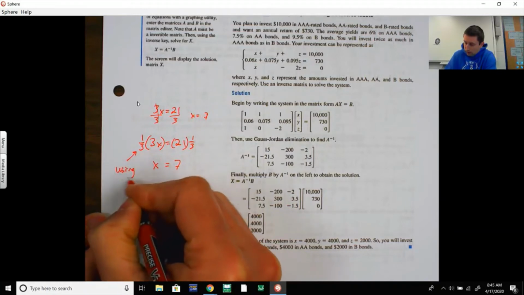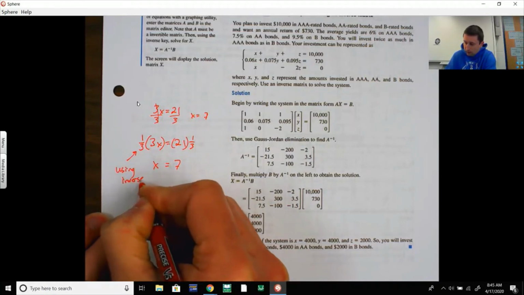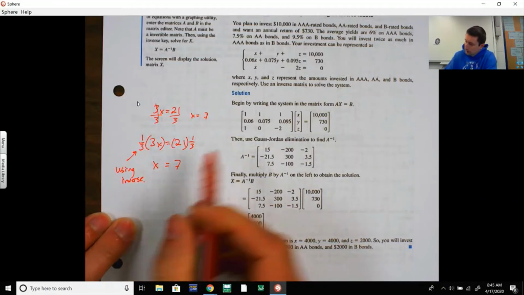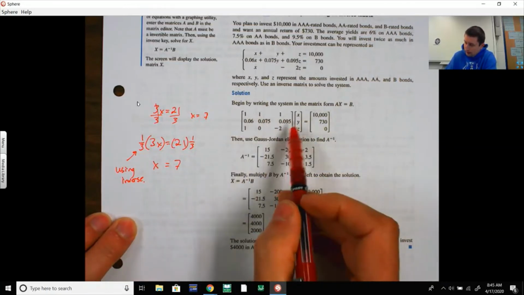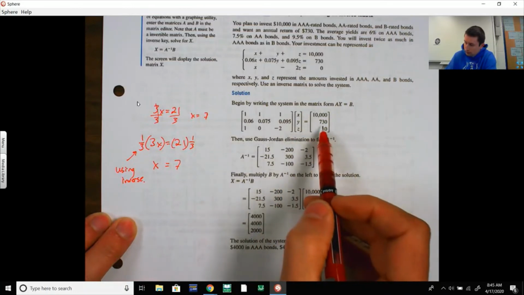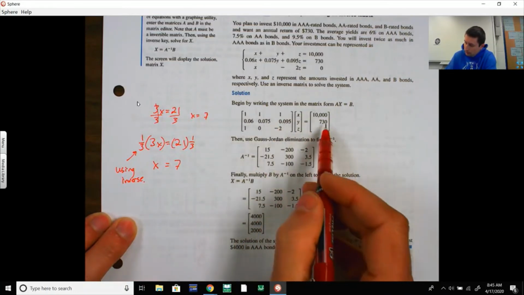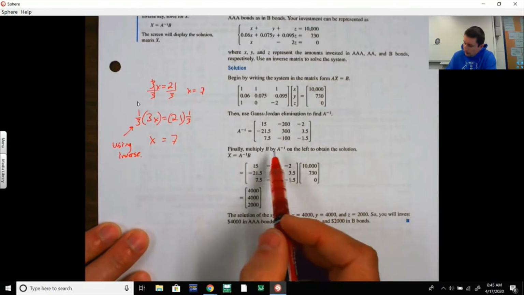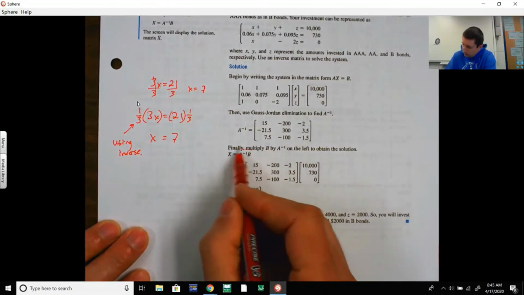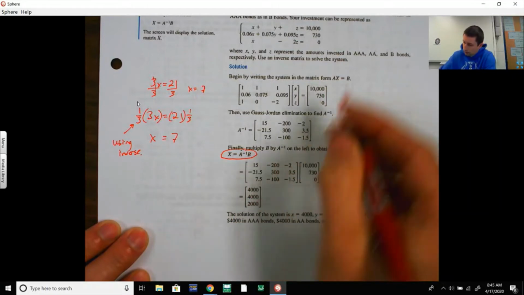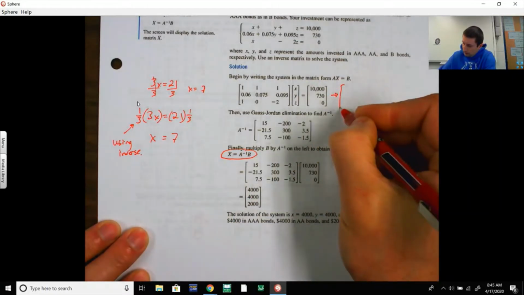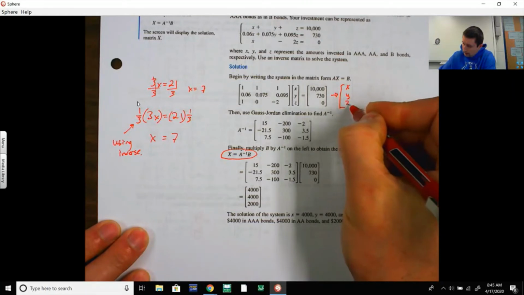So this is using inverses, a very fancy way of just dividing by 3. But the same thing applies here. We have a matrix times the variables equals the answer. Coefficients times the variables equals the answer. They are going to find the inverse of A, this is the key right here, and multiply it by B. So what we have to do is find x, y, and z, and it's